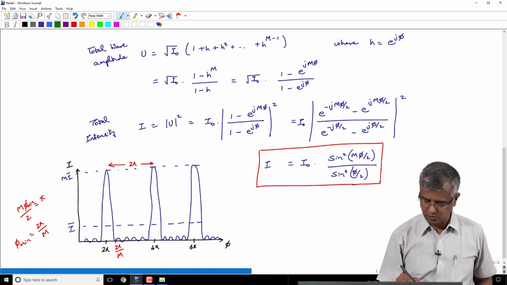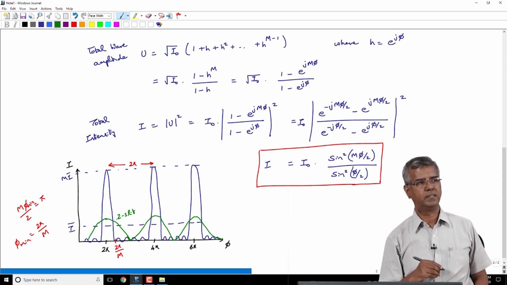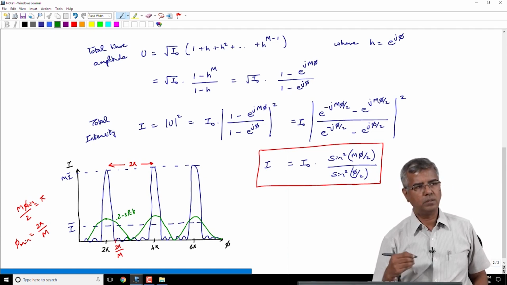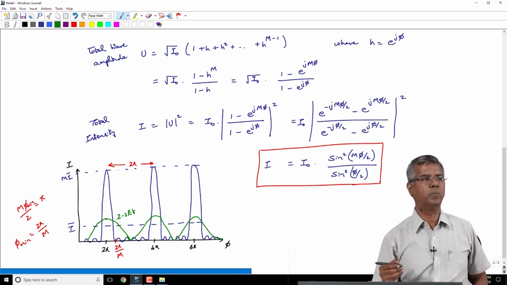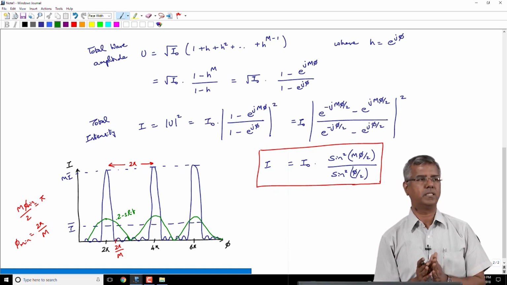So, the maximum would have happened here, the same location, but at pi phase shift it would have gone to a minimum and then maximum, minimum, maximum, minimum and so on, right. So, this would have been for the two slit case, okay, and going to more number of slits, the width over which that constructive interference happens is much more narrower,